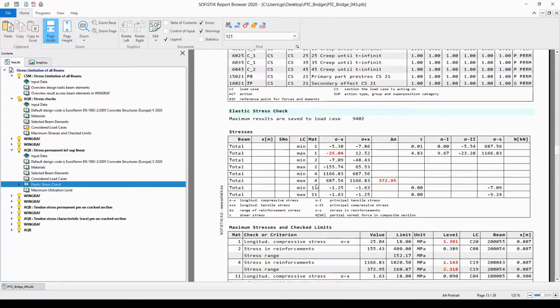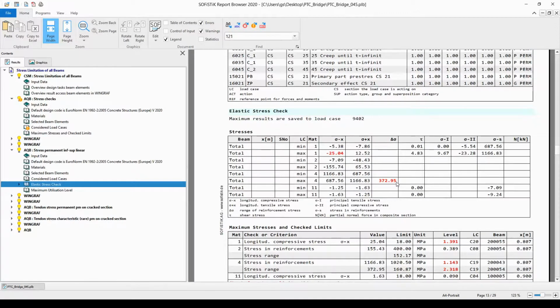Also, we can find, for example, that in the pre-stressing steel material number 4, the stress range, so the delta sigma, is a little bit too high. The difference between the minimum sigma and the maximum sigma stresses in the tendon is